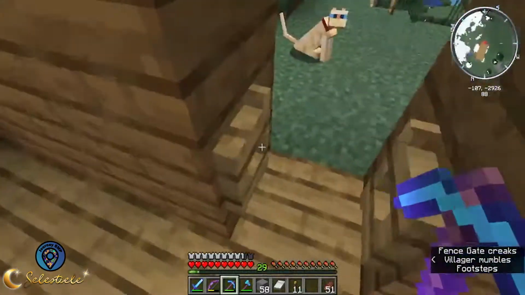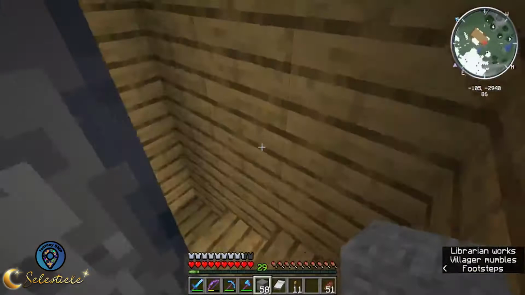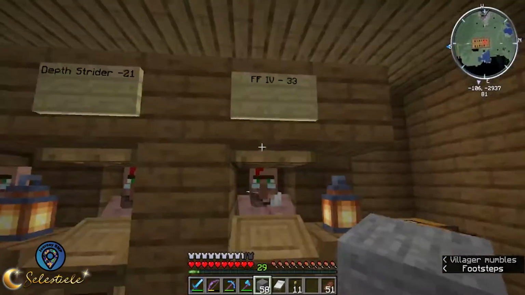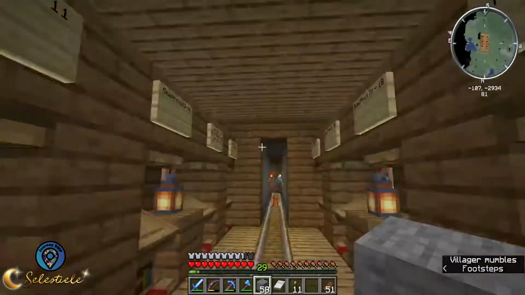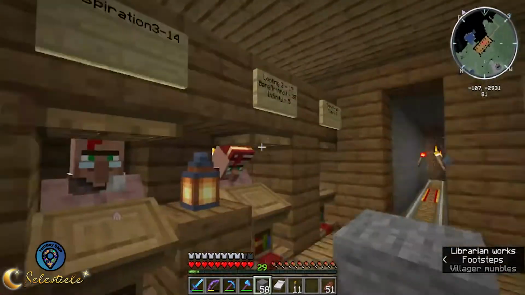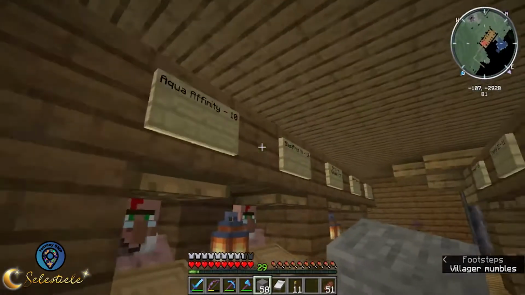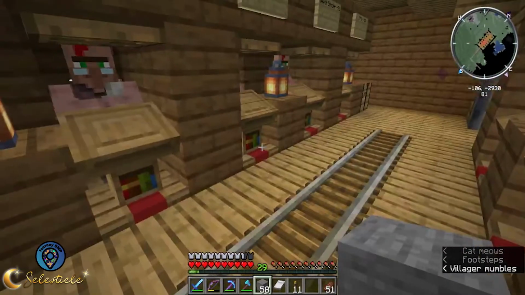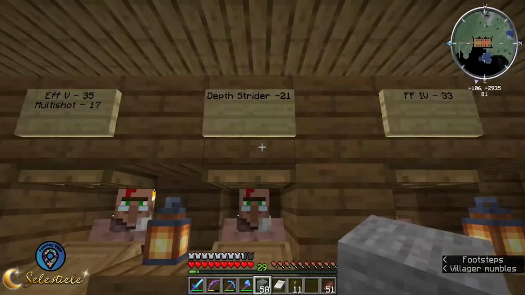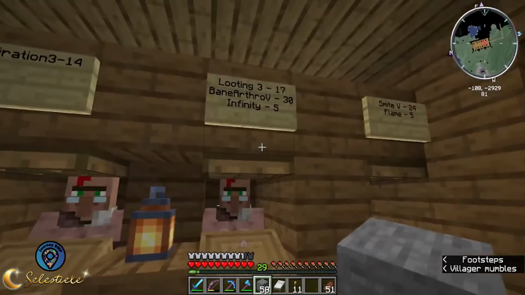And then I have my library and trading hall. I'm probably going to rearrange them a bit once I've got all the trades that I need. For example, efficiency, protection, unbreaking. I'll probably move my mending person up onto the top floor. And then Silk Touch will probably move up to the top floor. And then the ones that are just for a single piece of armor or a single tool, those will stay down here. So Depth Strider would stay, Feather Falling would stay, Multi-Shot, Aqua Infinity,